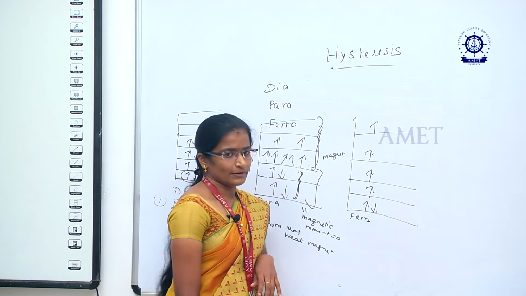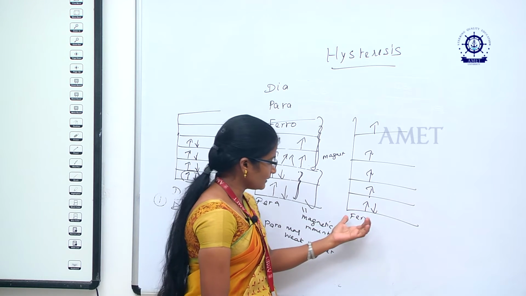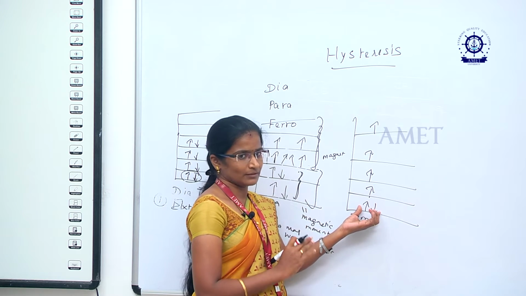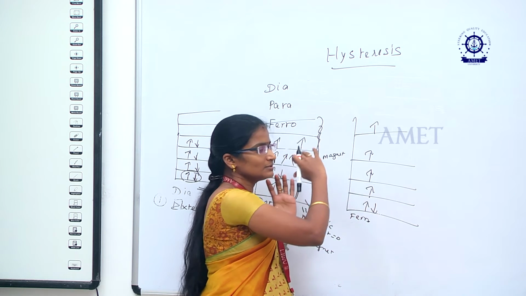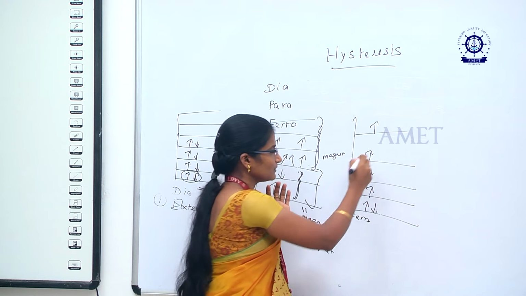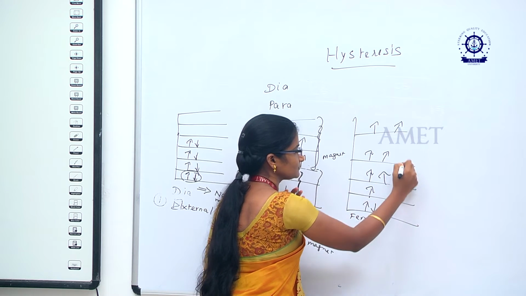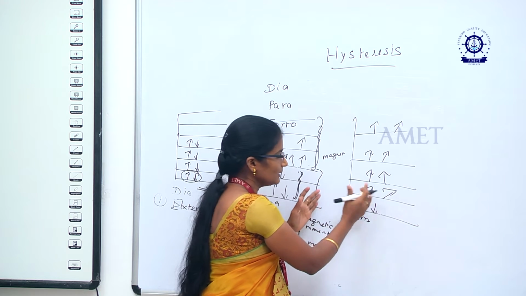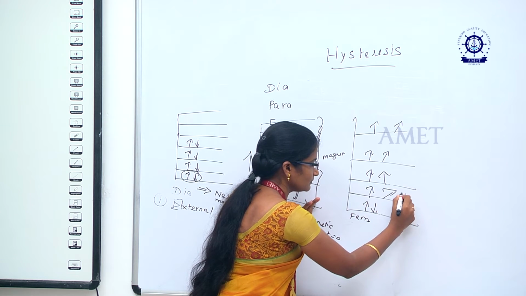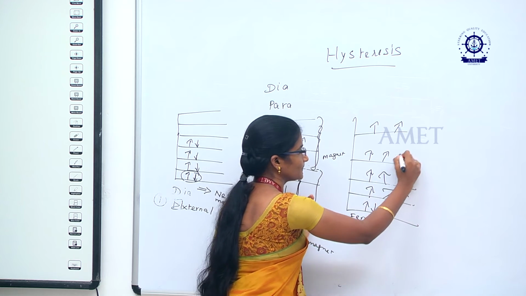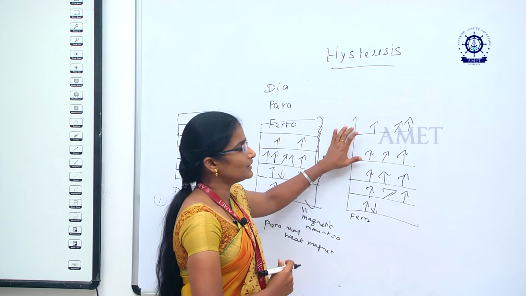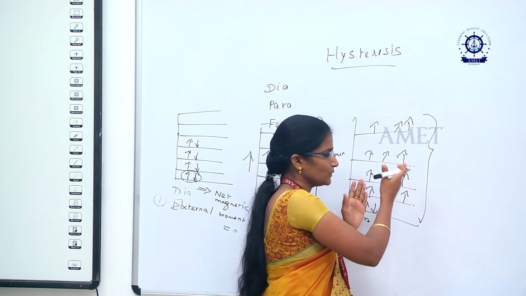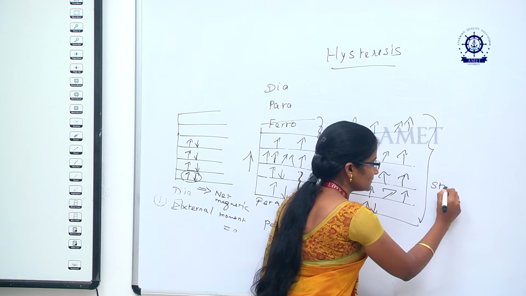Okay, in the case of ferro, what will happen? In the case of ferro, only a few orbitals have that opposite spin. Okay, all the remaining orbitals have a single spin, with the spin direction like this. So when we apply some external field on this material, the spins change their direction according to your field. So all the spins change their direction according to your field, so most of the spins have the direction of your external field, so it acts as a strong magnet.